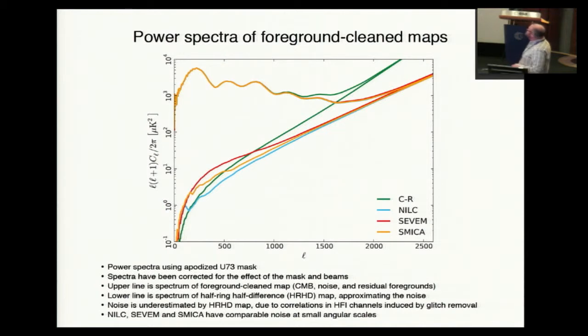There are two lines here for each of the maps. There's the power spectrum of the map itself. You can see the CMB, plus the tail from the noise as it goes up there. These have been evaluated using the R73% mask, and the spectra have been corrected for the effects of the mask and the beams. The lower line here is our estimate of the noise in each of these maps, taken from this half-ring, half-difference map. And you can see here that Commander-Ruler is noisier than the other three methods, which have comparable noise at